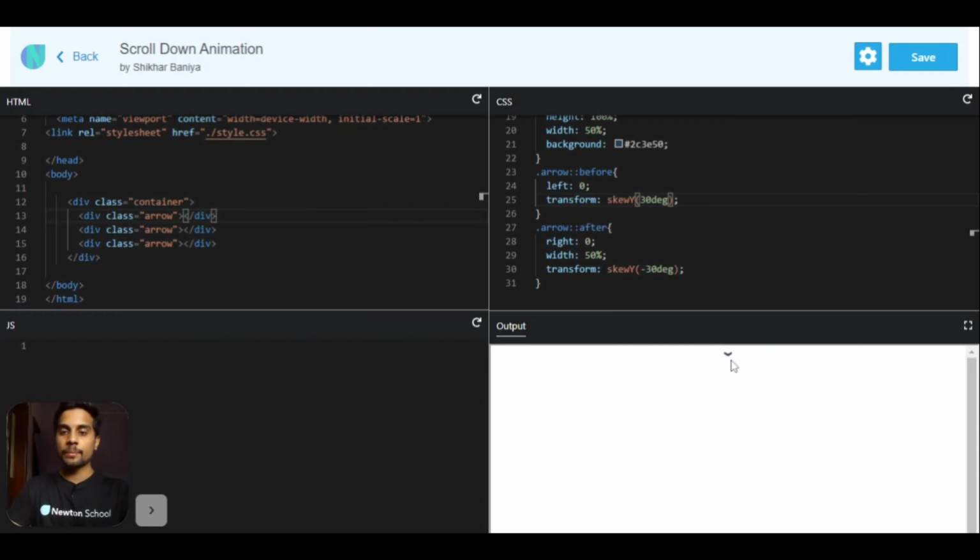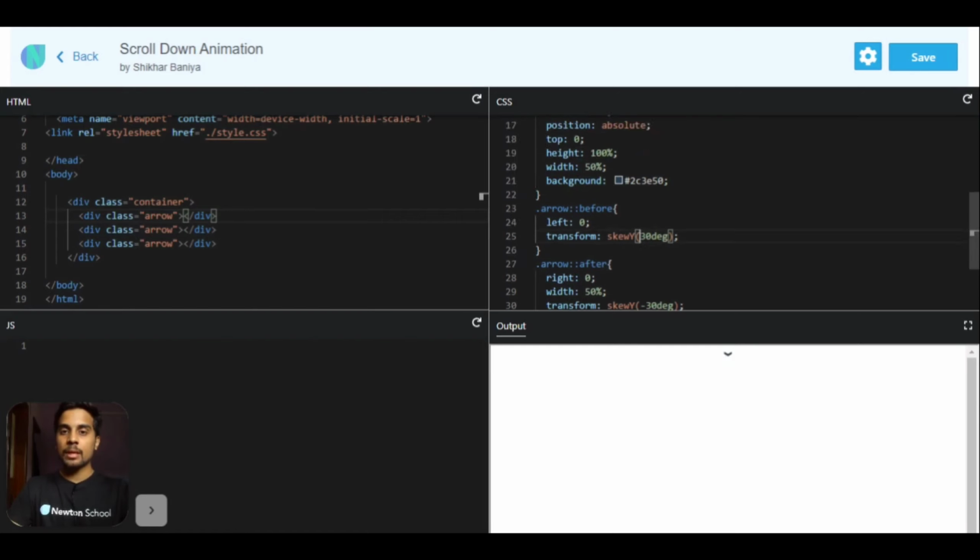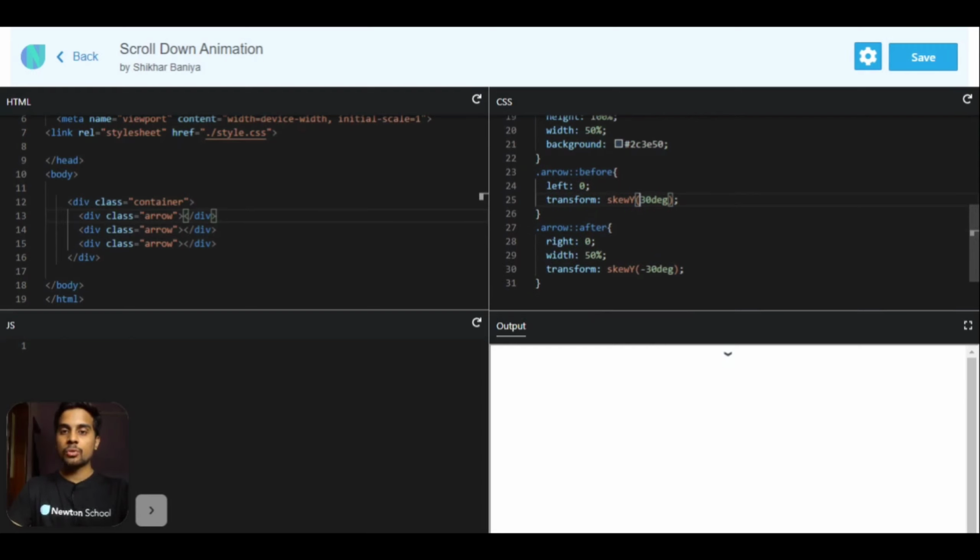Yes. Okay, so as you can see, we got this arrow. That's why we have added this skew as 30 degree like this, and this skew as minus 30 degree like this.